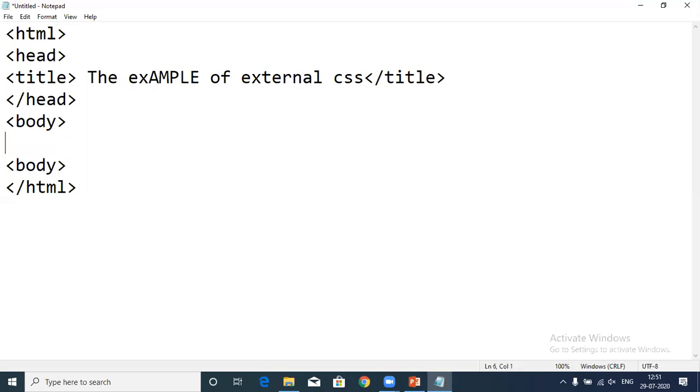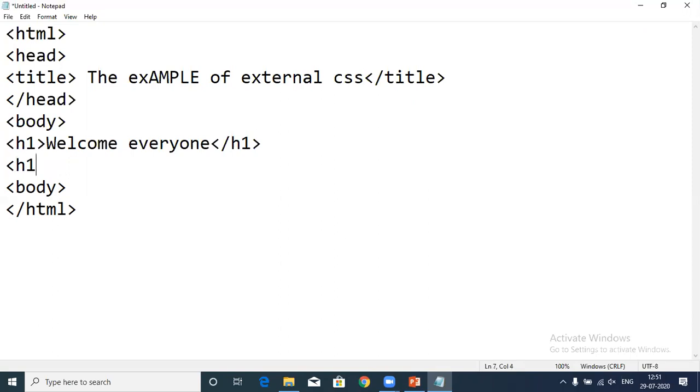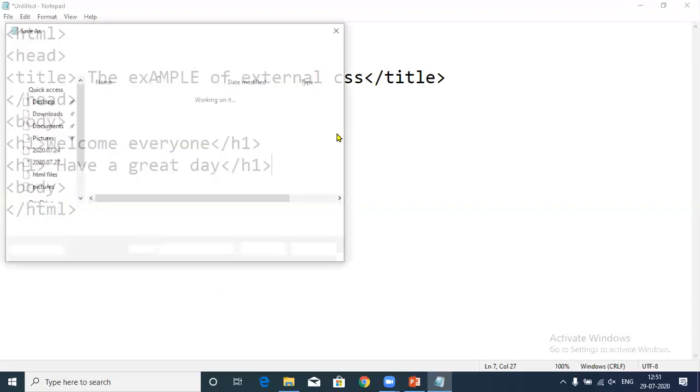And in the body, I'm writing an H1 tag: welcome everyone. H1 tag closed. Again, I'm using another H1 tag: have a great day. Whatever you feel like writing here, you can write. So I'm closing it here. Now I'm saving this file with the name of